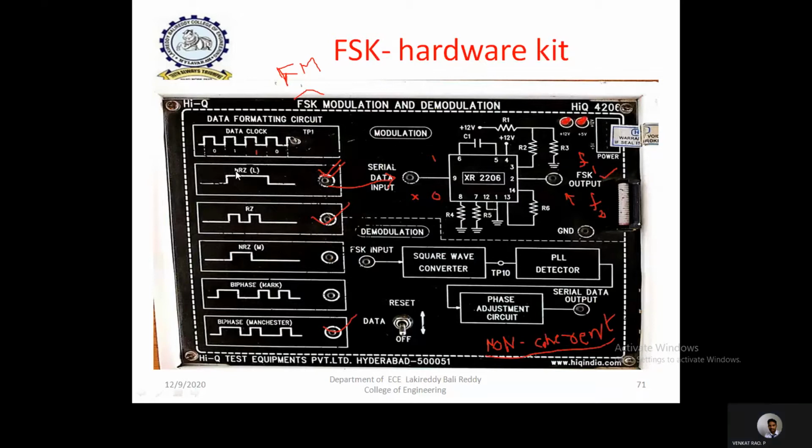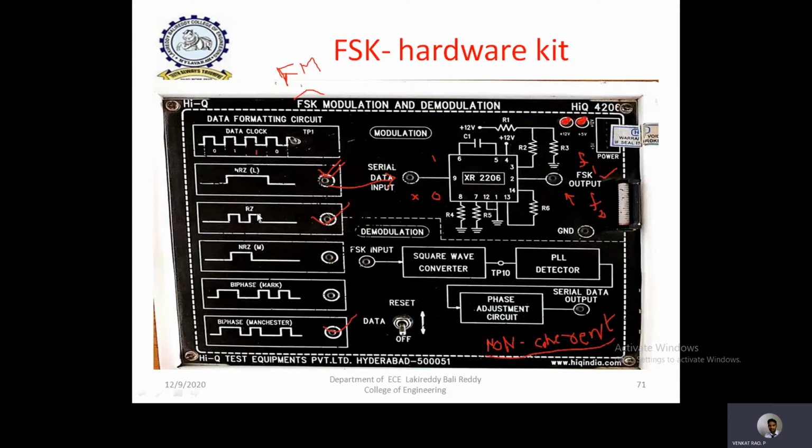For example, if this is NRZ, that is non-return to 0 coding, then in this coding each binary 1 during one clock time period is represented with a high pulse, and each binary 0 is represented with a low pulse, that is, a negative pulse. You can consider it as a negative pulse. Okay, so return to 0 means it will settle to 0. Non-return to 0 means it will not settle to 0. That means it fluctuates from positive pulse to negative pulse. That is the meaning of non-return to 0.